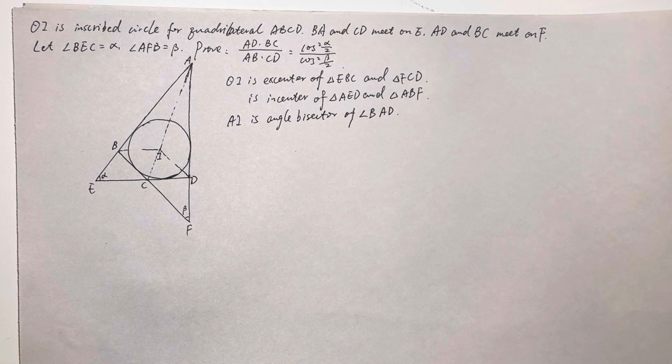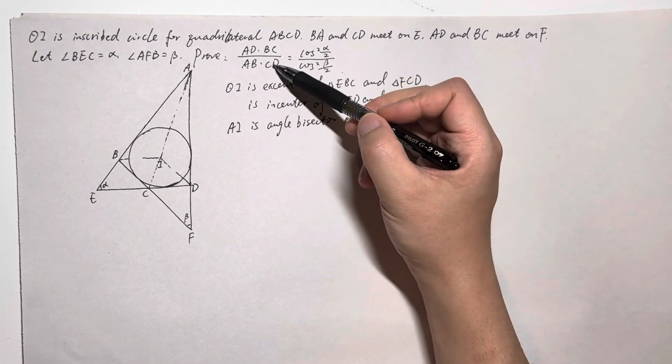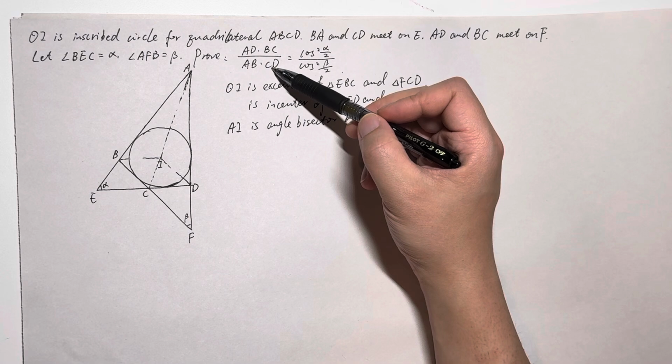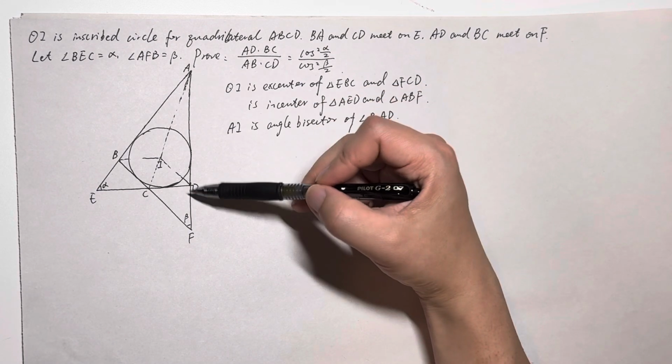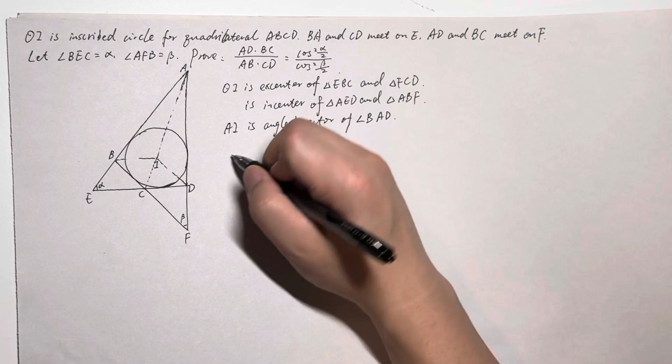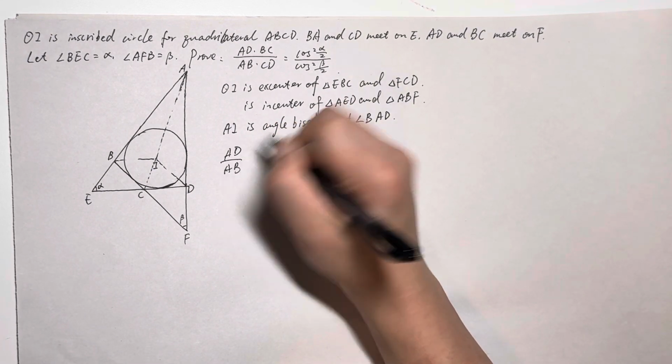So based on this, if we put AD and CD together, we get nothing. If we put AD and AB together, AD to AB, then we can get something, right? Because